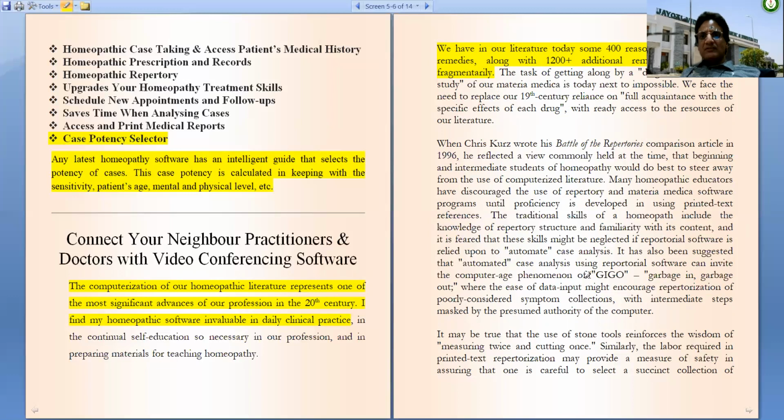But the thing that software has, it has automation feature for case analysis, but it also has a limitation that it is GIGO, that is, garbage in, garbage out. Whatever data is input in the software is taken out whenever required.